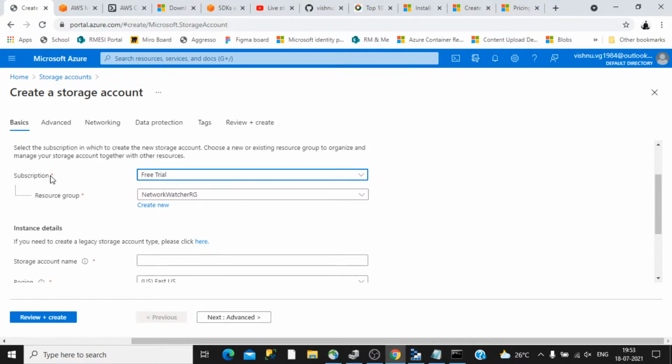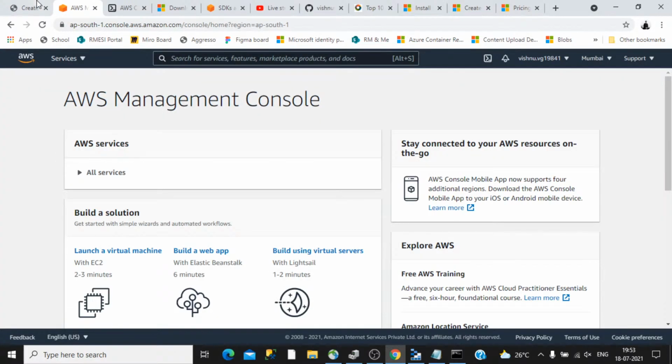This is one of the safe things in Azure compared with Amazon, because in Amazon there is no concept of subscription. If you create an account in Amazon, you have to be extra careful while selecting the services, because you will get charged right away if you go over the limit.